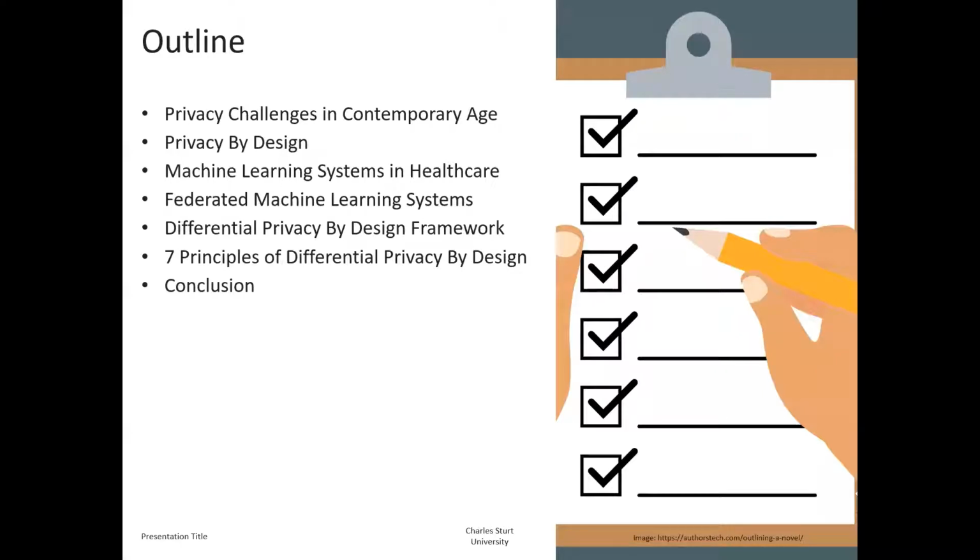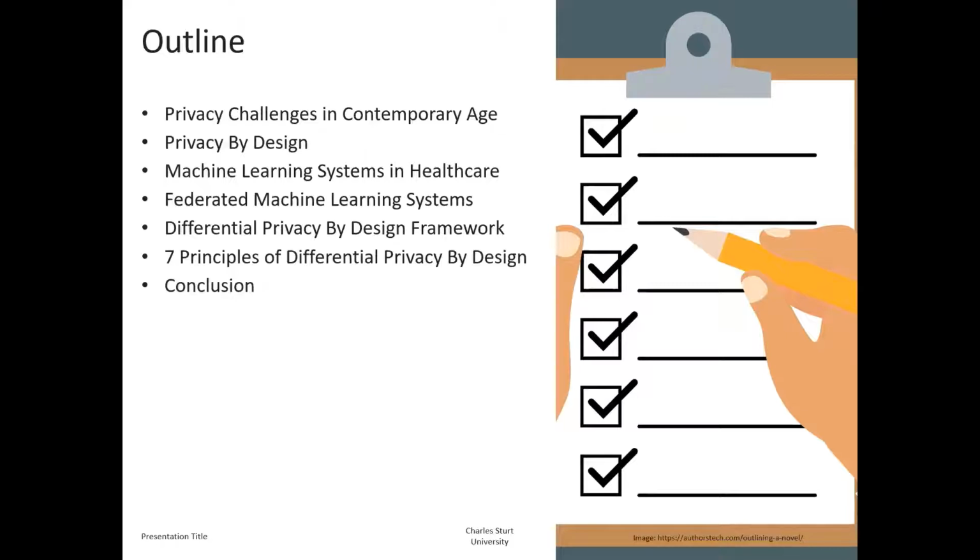So the outline is, we can discuss the privacy challenges which we are facing today, and then some ideas about privacy by design and how it is embedded into machine learning systems being used today. What are the limitations? Why is it not addressing all of the concerns of privacy in current machine learning systems, and how can it be made better and simplified? So this paper